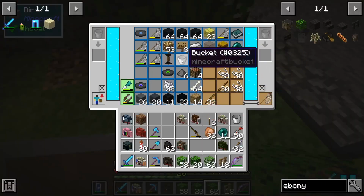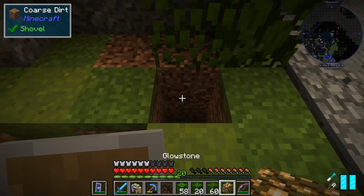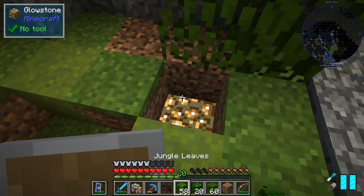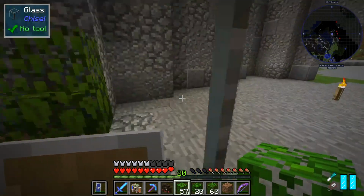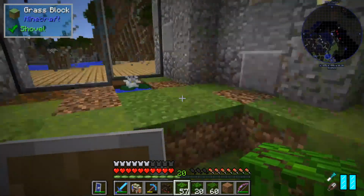Now, I believe I have, yeah, glowstone on me right there. Look at that. Look at me in my memory. I remembered that I actually had that in there. I'm getting better. But let's go ahead and sprinkle some leaves down there on the bottom, and that should light up that corner pretty good. We're going to have to hide another one somewhere over here, which, I mean, I guess I can